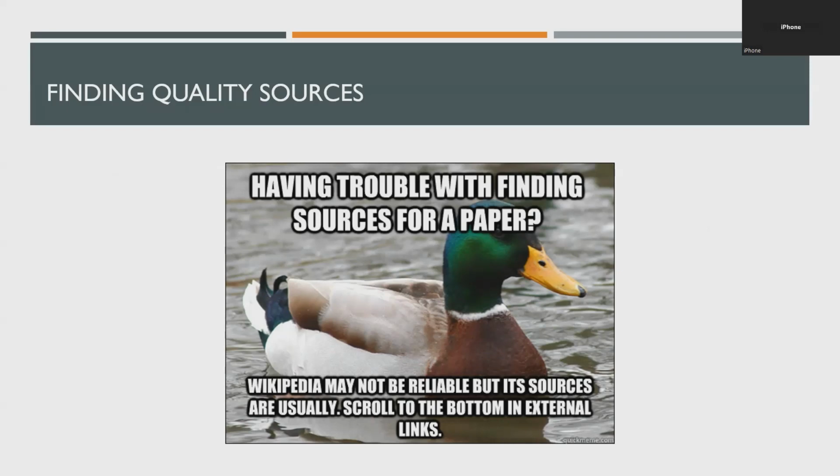Here's just a little tip: Wikipedia is generally not considered to be a reliable source. That doesn't mean that the information there isn't useful, but it's not very hard for just anybody to go on Wikipedia and edit the articles there. So Wikipedia itself is not super reliable, but oftentimes the sources that Wikipedia cites are useful. So Wikipedia is not a bad place to go to get your research started. You can scroll down to the bottom of an article and see the sources that they use, and those sources might be helpful to you.